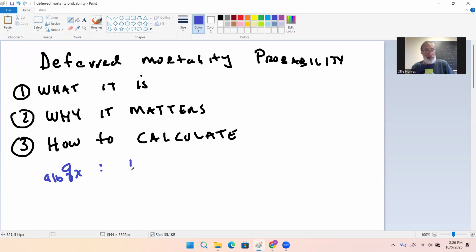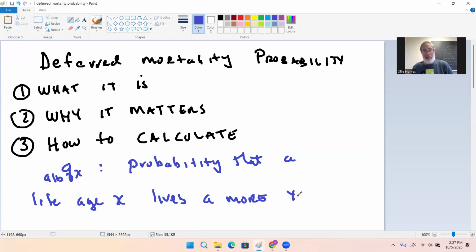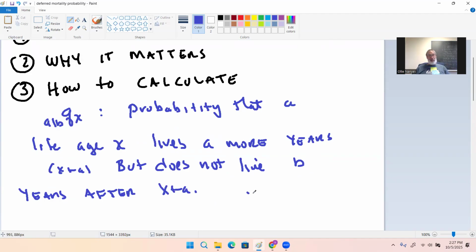Now, what it stands for is a probability that a life age X lives A more years, that is to X plus A, but does not live B years after X plus A. Okay, so if you look at it in a little bit of a timeline,